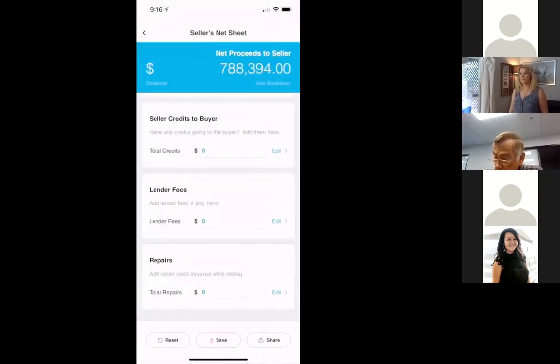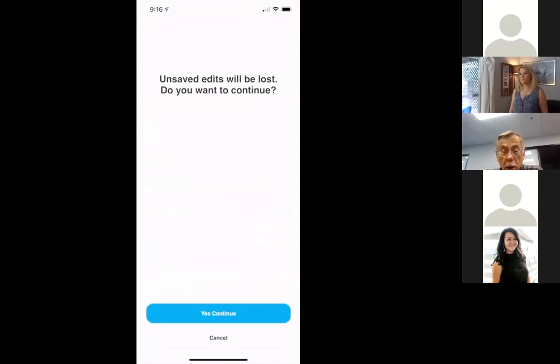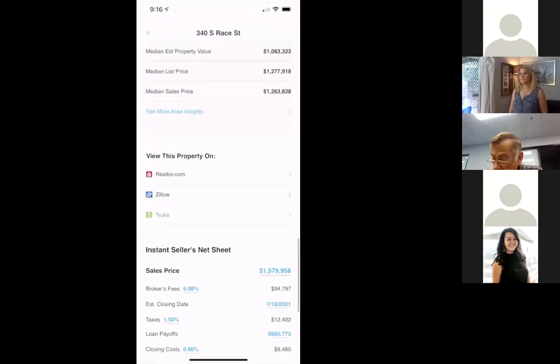Did you guys have any questions on this net sheet or the property report? I don't. This is great. Isn't it awesome? It's just everyone who starts to use it is like, oh my gosh, I use this every